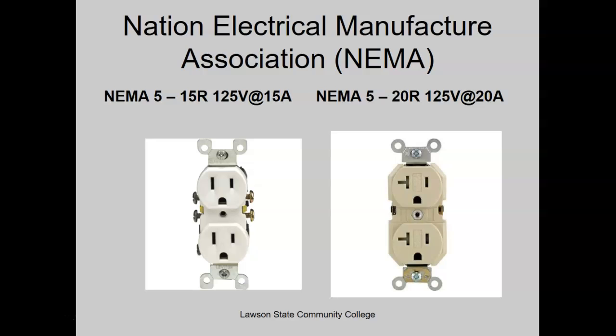Okay? What does that mean to you? This particular plug only puts up with 15 amp circuits on it. If you get something that's 20 amps or higher, you need to move to the other type